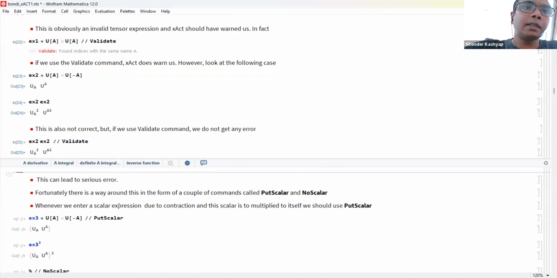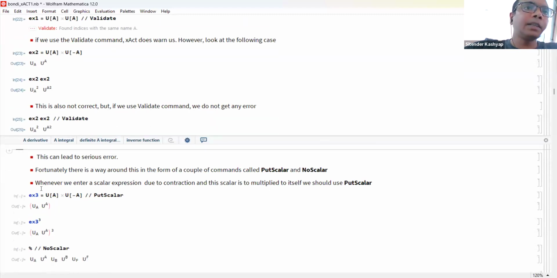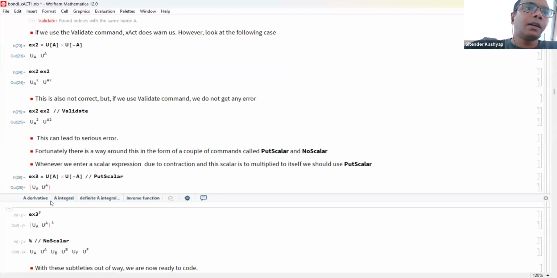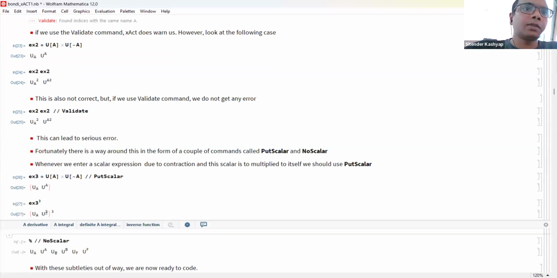Whenever we enter a scalar expression which is obtained by contraction of indices, like this is a scalar expression because A and A are contracted, and we want to take powers of such a scalar expression, what we have to do is use a command called PutScalar. So let me demonstrate it. Example 3, UA, and we call PutScalar. So what it has done is, see, it has made a bracket, and this time it has not done any nonsense. It's just cubing this